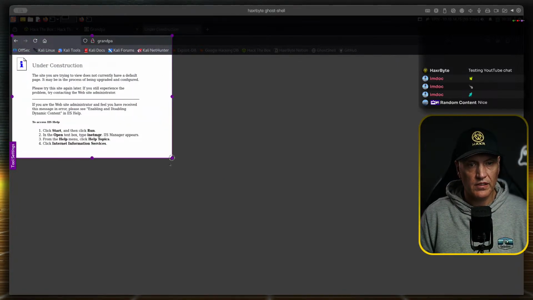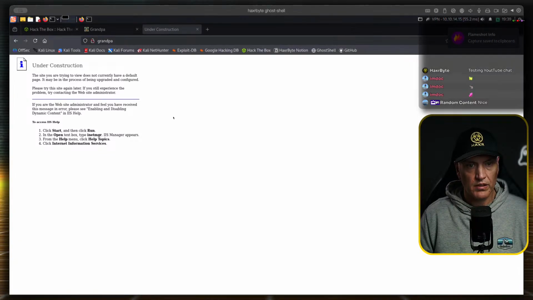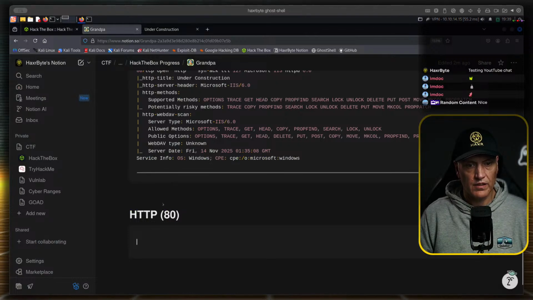You don't have to get into pen testing, but if that's your goal, then you have to get used to taking screenshots. Let's see. Copy. Let's put it in our notes file.